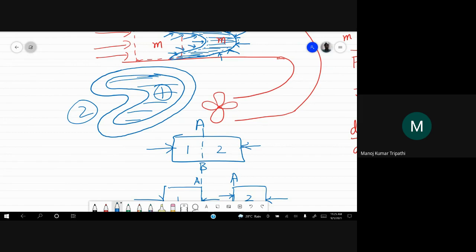Because of viscosity, because there is relative motion between these two fluids, this layer is not trying to move because it is in contact with the solid. So this has lower velocity. This fluid has higher velocity. So there is some force between these two layers. So there is a force acting here. There is a force acting at each and every point. Some force, okay?